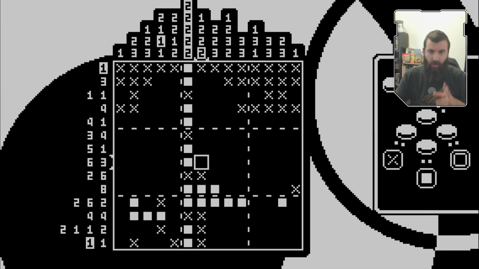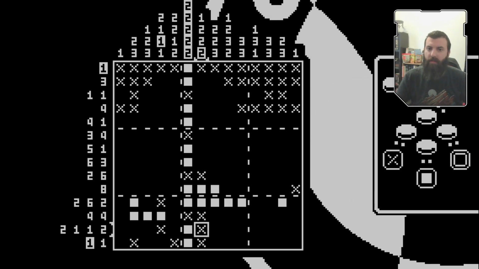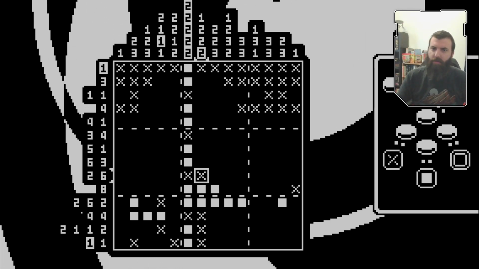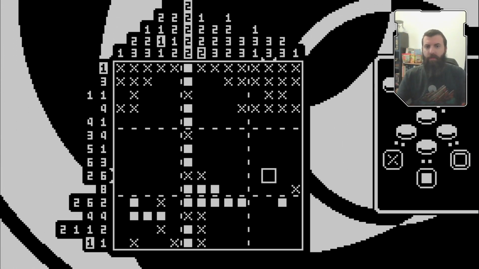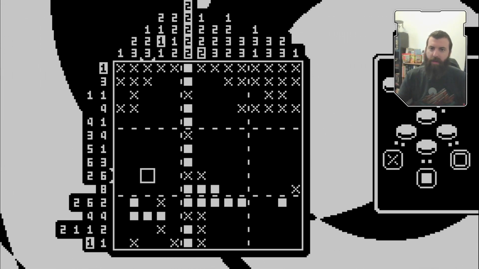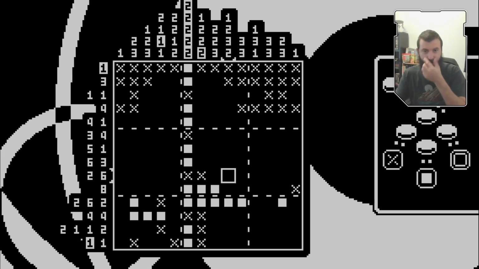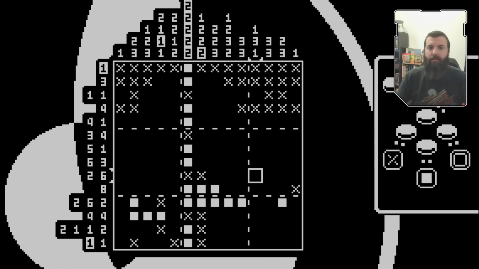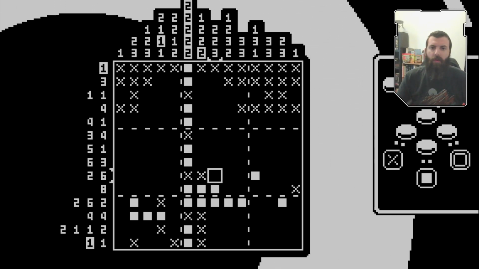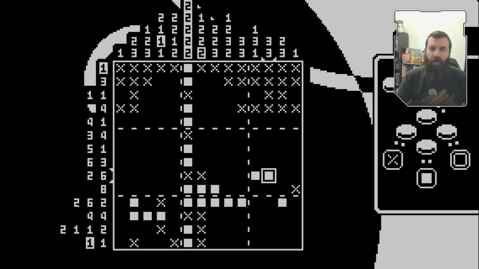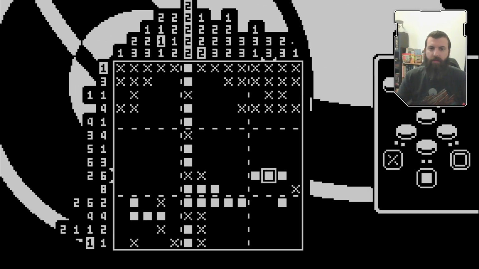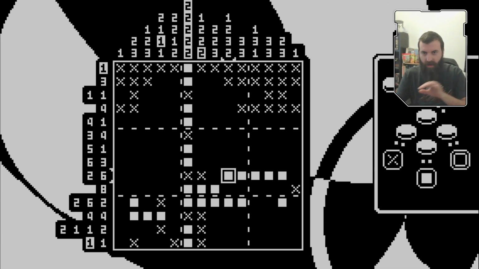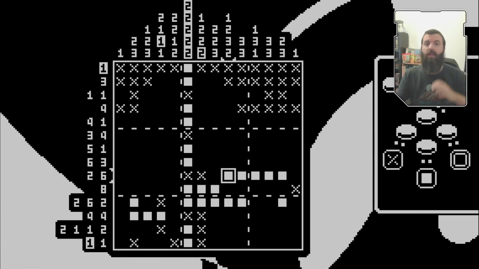Alright. With these in place, see what else we can infer. Look at this 2, 6 here. Couldn't fit both the 2 and the 6 on the right-hand side. The 2 has to be some of this, which means that the 6 has to be over here. 1, 2, 3, 4, 5, 6, or 1, 2, 3, 4, 5, 6. So we can say that those 5 pixels have to be filled in